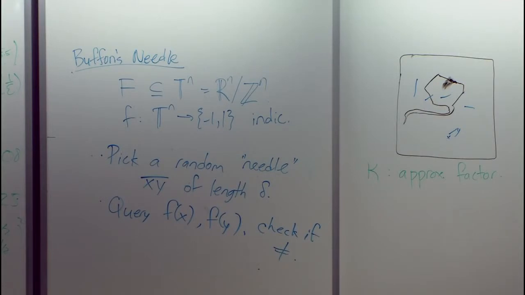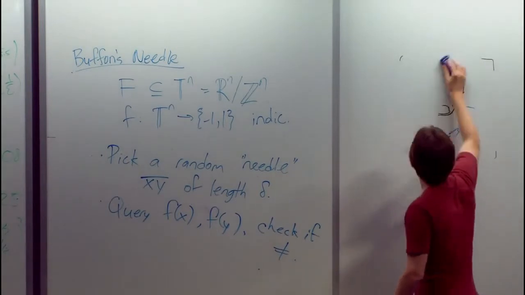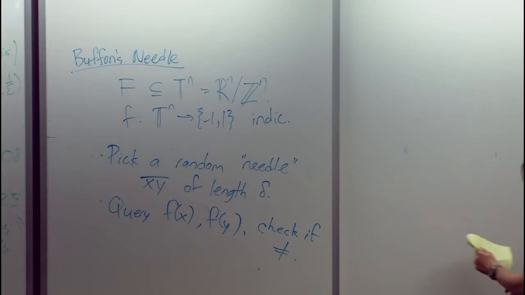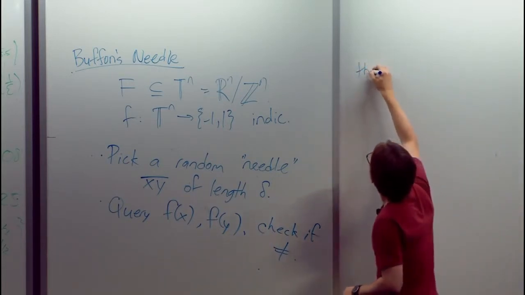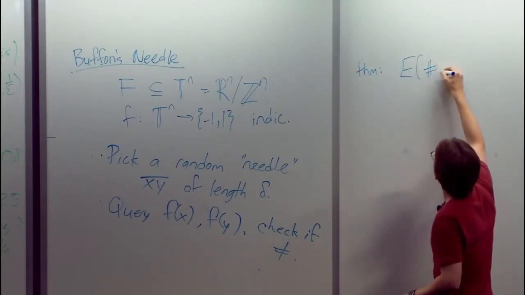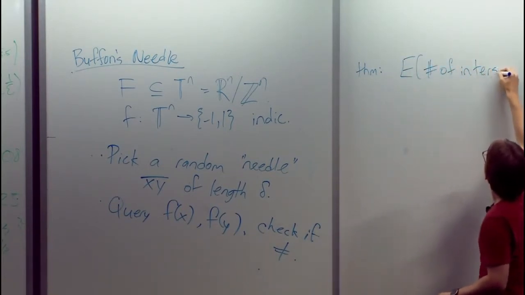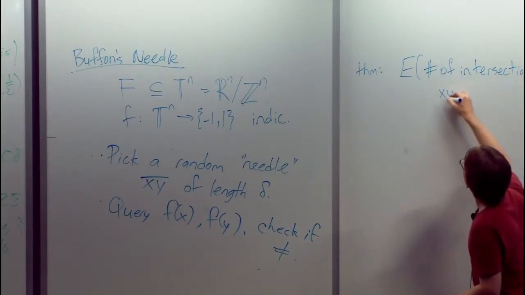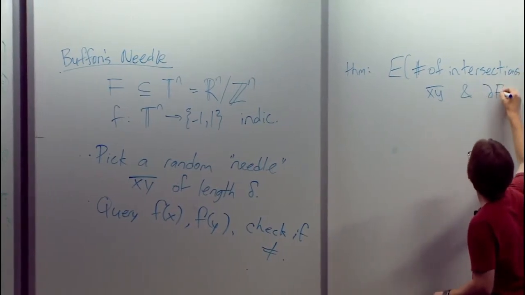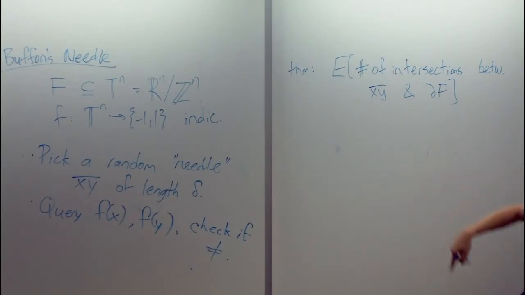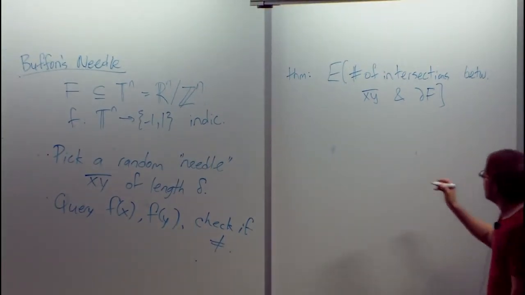So this is, I guess, the idea behind Buffon's needle, but there's also a theorem associated to it, which is precisely the following. If you do this experiment, then the expected number of intersections between the needle xy and the boundary of f, you shouldn't just look at whether or not it intersects. You should look at the number of intersections, because it could intersect the boundary more than once,